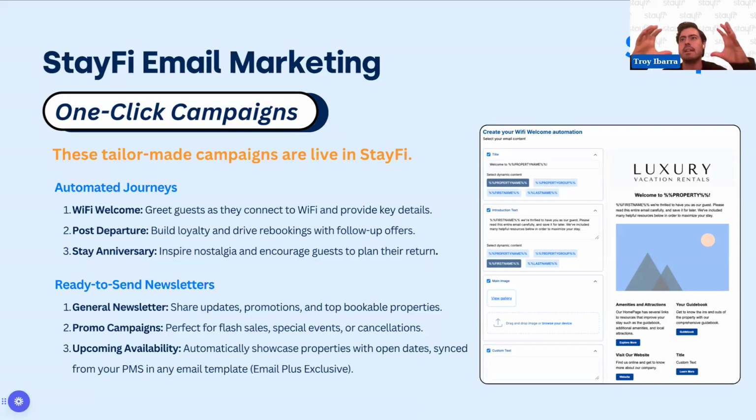It's just really made to get you having more rebookings. And then our upcoming availability, ready to send newsletter, which is our last one that we've created, is really unique. It's specifically set to showcase properties that have open dates currently. So we're able to sync with your PMS